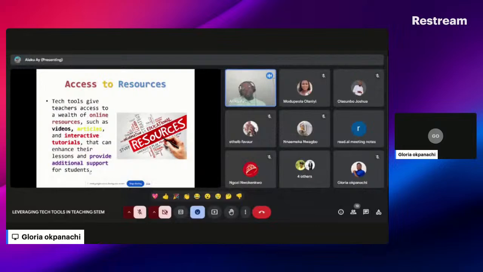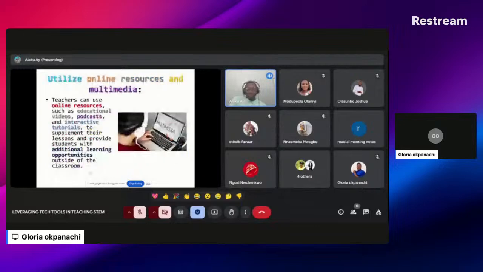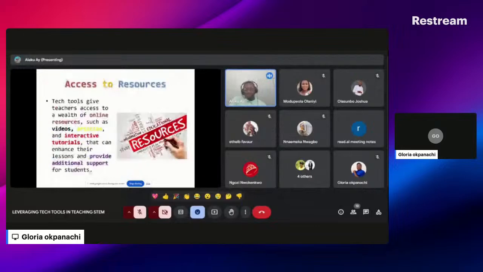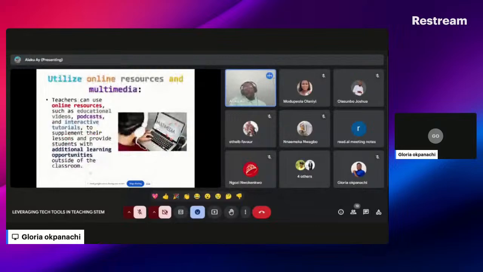No, I try to bring about equity in the classroom. So these resources are there to help with differentiation, to allow high ability learners and average ability learners to all learn at a pace where you carry everyone along. Like I mentioned, these tools provide multimedia resources that we can utilize